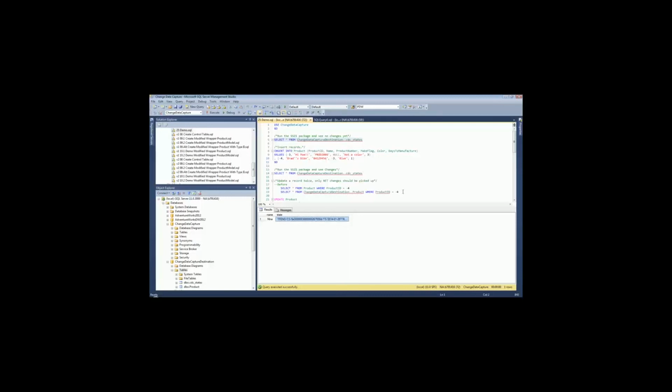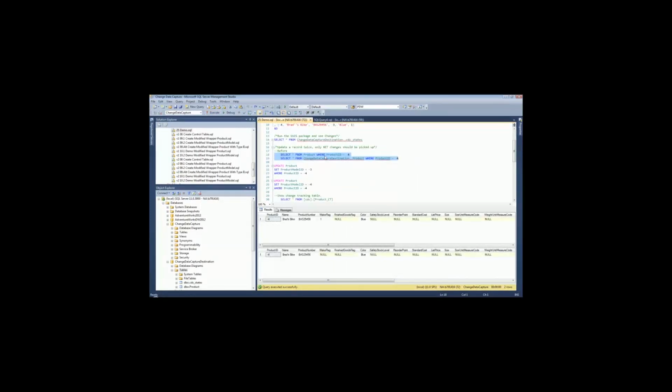Okay? So I can come over here and update the same record with product ID of -4. I want to update that same record two times. So there's that record. What we're going to do here is update the product model to -3 and -4. If I run that,